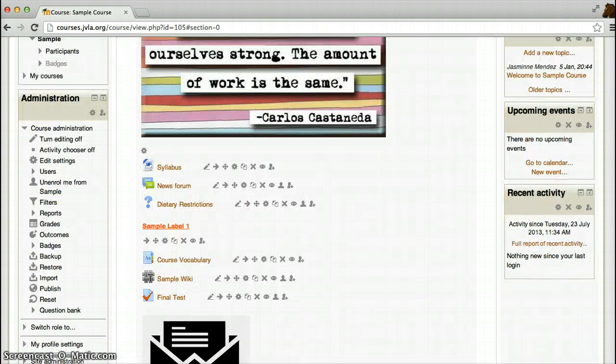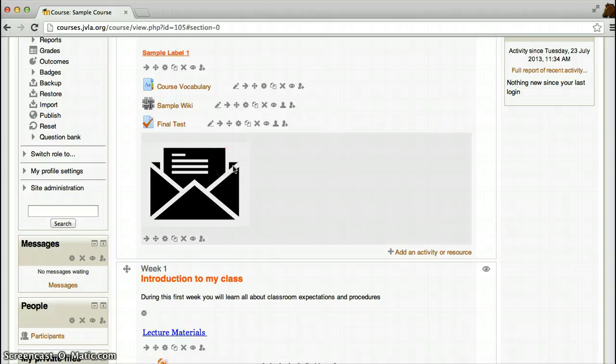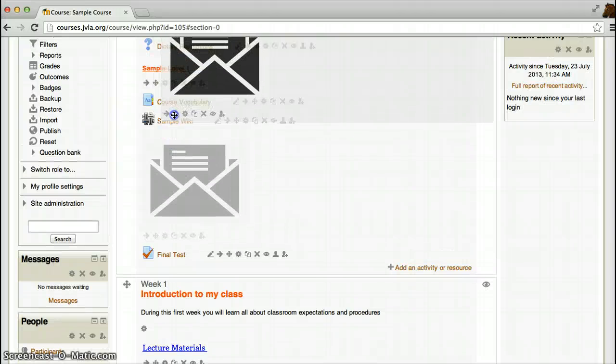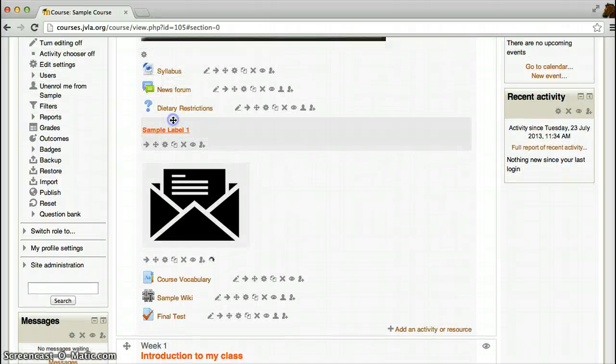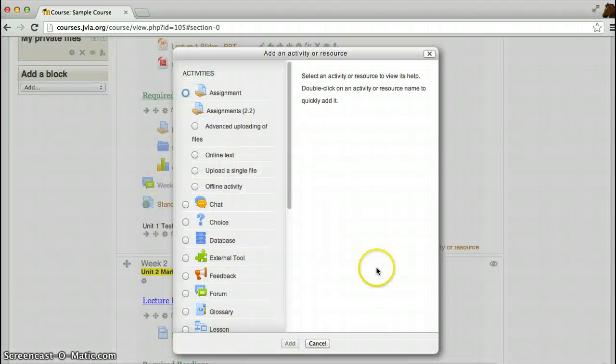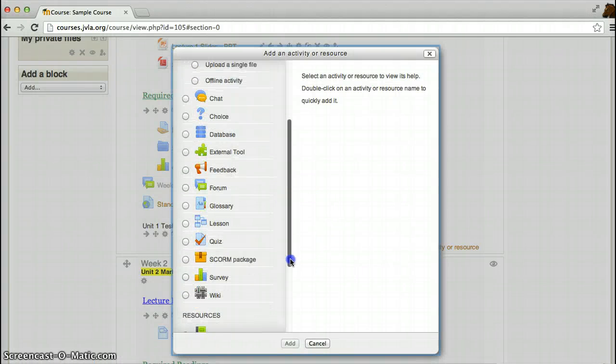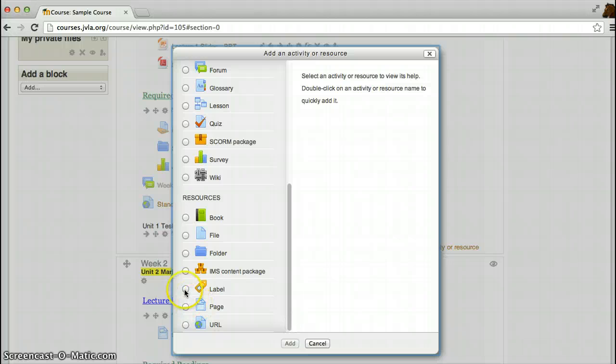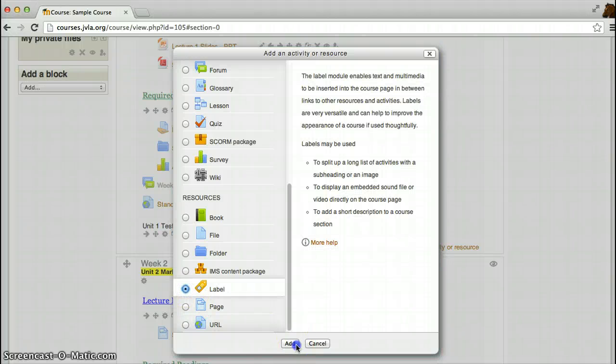And as I scroll down, there is my image label. And again, I can move it anywhere that I want within my course site. I'll just set it under there. And so far I have a text label and an image label. If later on down in my course, for example, I wanted to add an audio label, same thing. I simply find my label function, select add,